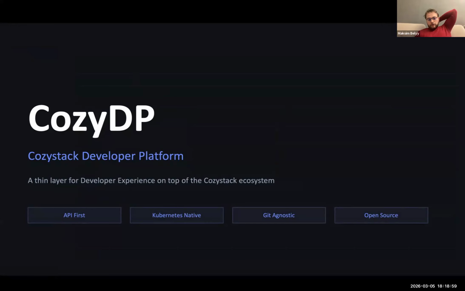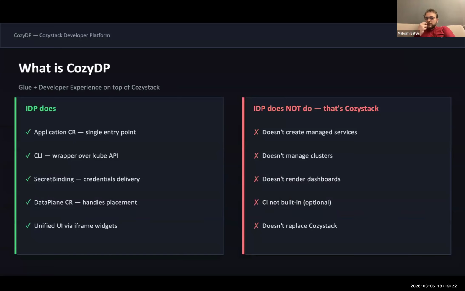So after the research about developer platforms, I want to introduce a concept: the Cozystack developer platform. It is a thin layer for developer experience on top of the Cozystack ecosystem. So what is Cozy IDP? It's a glue for developer experience on top of Cozystack. What does IDP do?